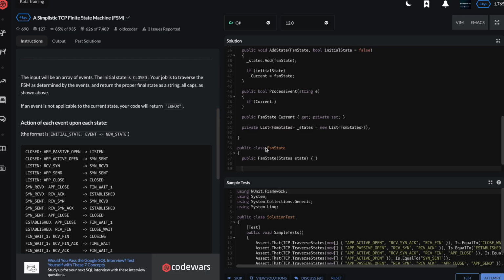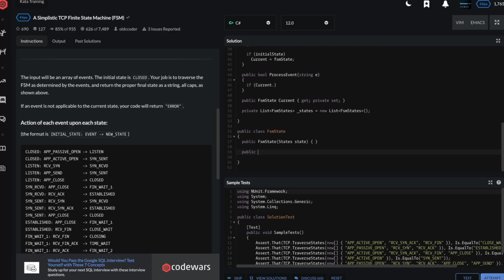What kind of data will this hold? Well, it's going to hold that state information, right? Whatever enum value corresponds to this instance. And again, you can view it, but you can't change it. Outsiders cannot change it. And then I'm going to use a public dictionary of string, which represents an event, to